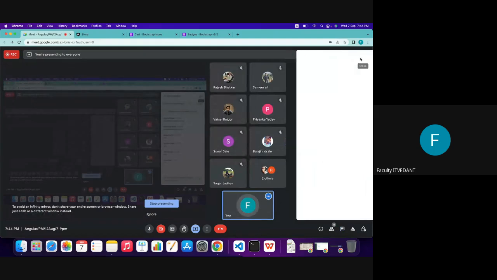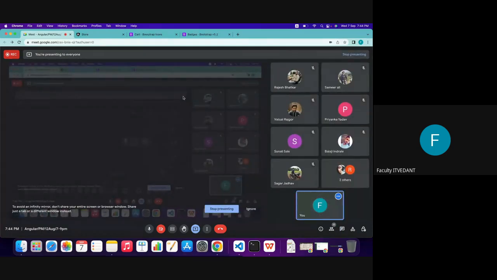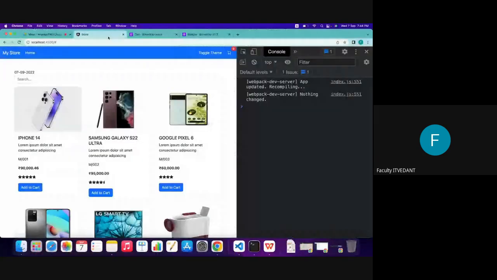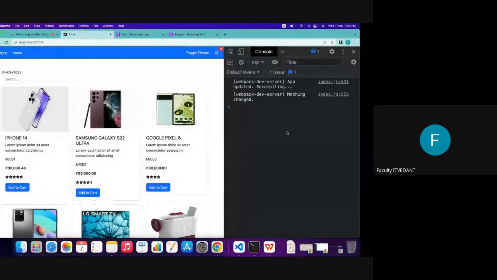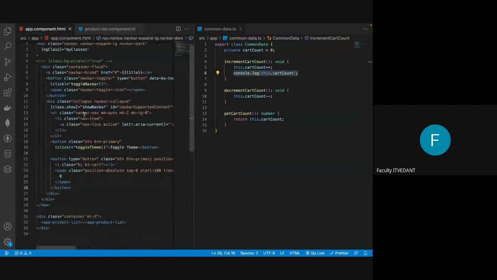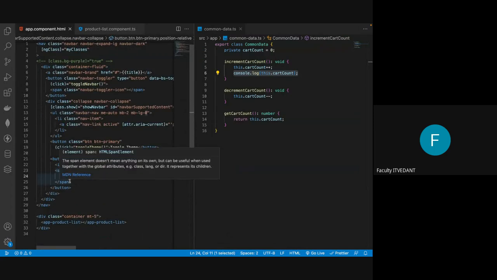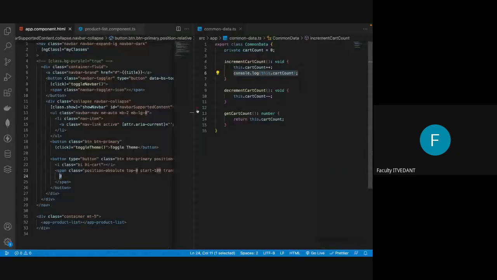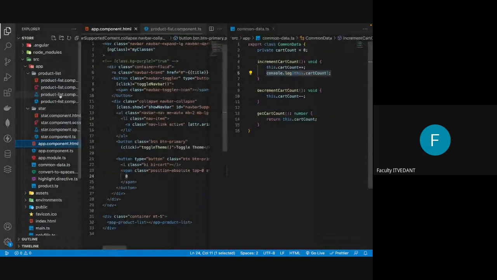Okay, good. Now, see, we have incremented the value, and we are also saying that when we increment, the value is getting incremented. Now let's go to app component and try to get this value. Here we are using 0. I want to get this value from your common data. So I'll go to app component,